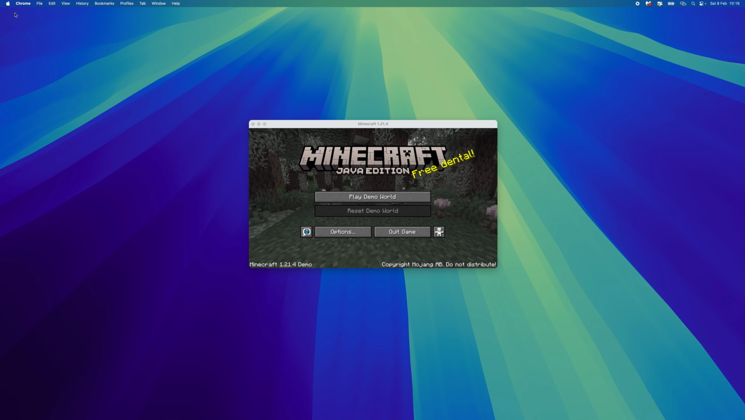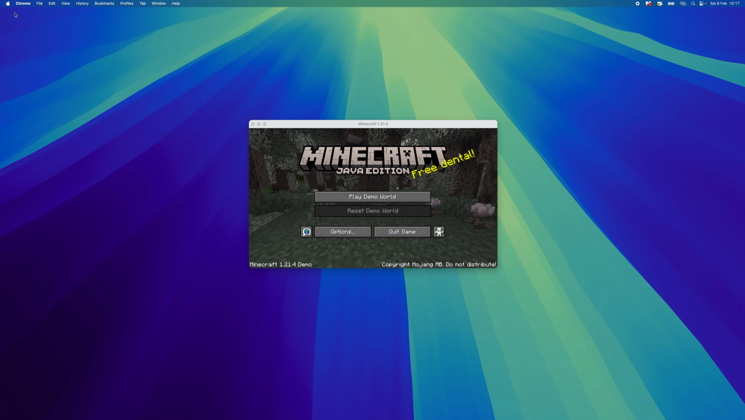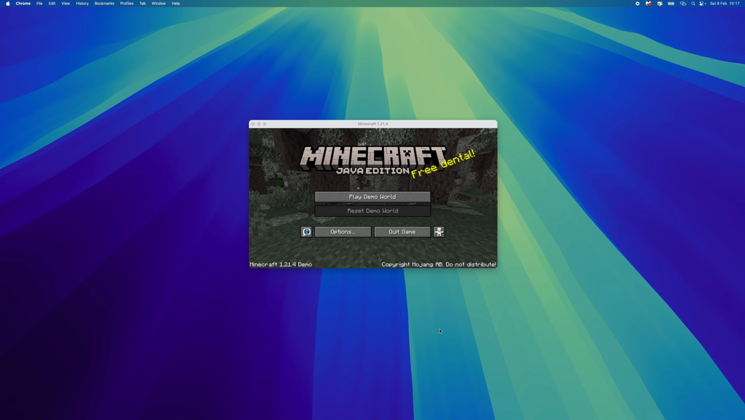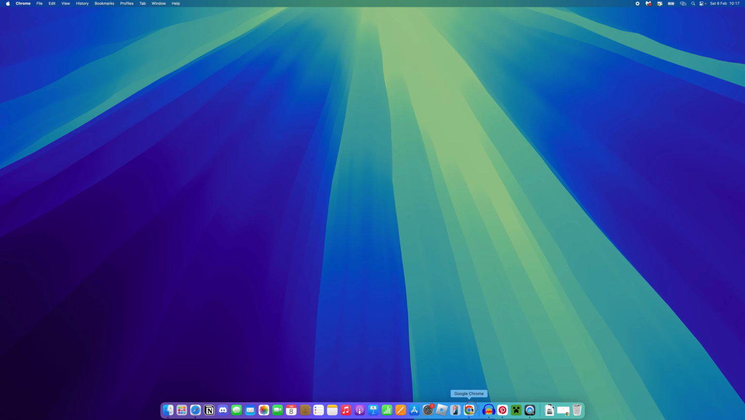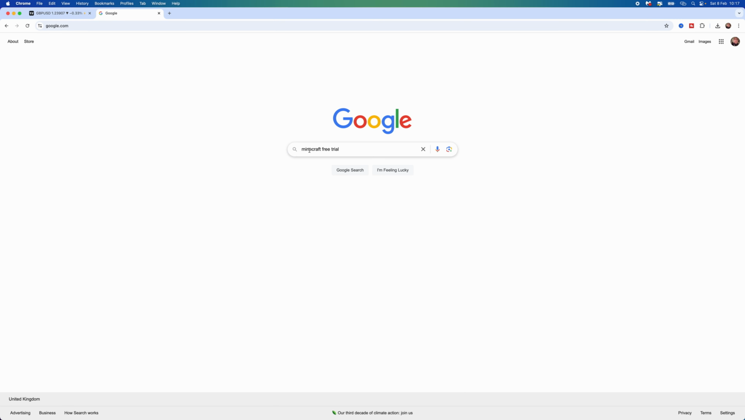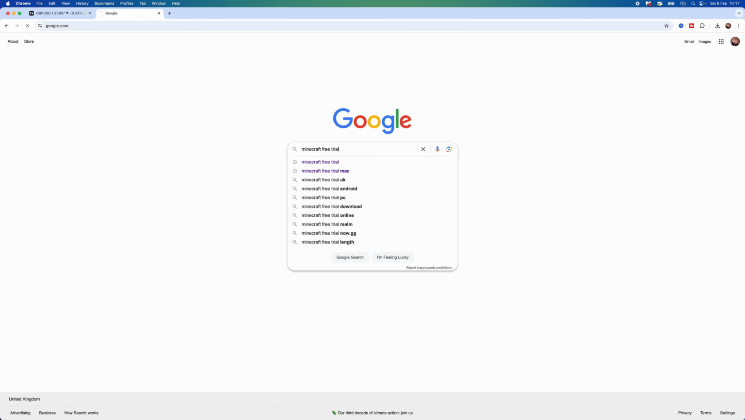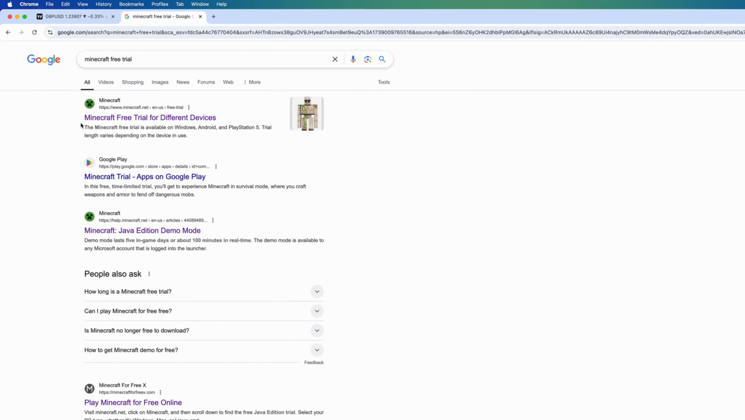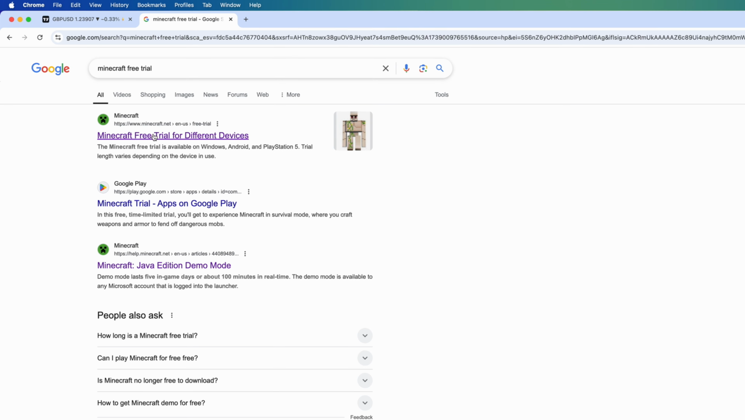In this video, I will show you step by step how you can download and install Minecraft for free on your Mac. So the first thing we need to do is head over to a browser, and then search for Minecraft free trial. Once you search for this, click on the top search result right here, Minecraft free trial for different devices,